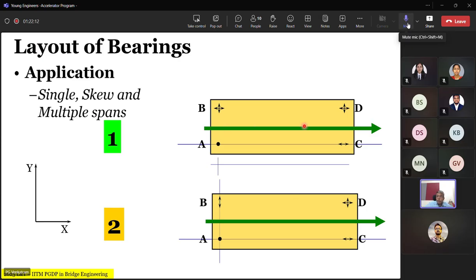You're looking at this longitudinal force. You say this longitudinal force will be shared. But this longitudinal force is caused by multiple things. It can be caused by braking and traction. For the time being, ignore wind, let us say it's a low wind zone, and it is possibly caused by the longitudinal seismic. Correct? And so if that is the case, then what happens when it comes to transverse bearing,